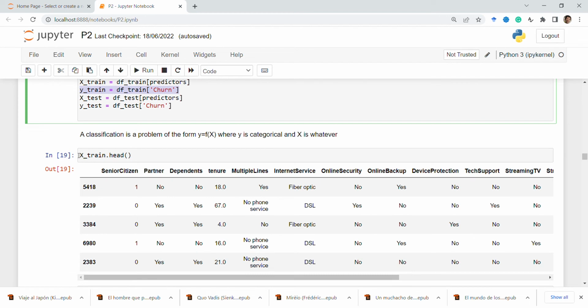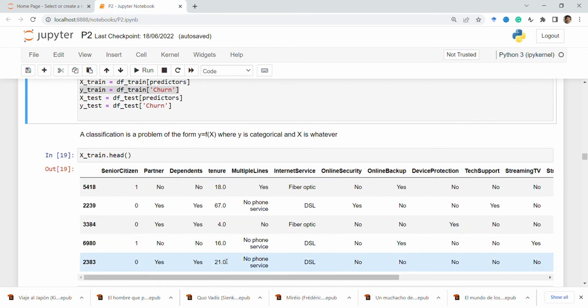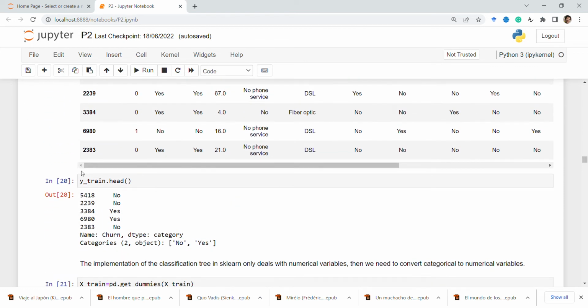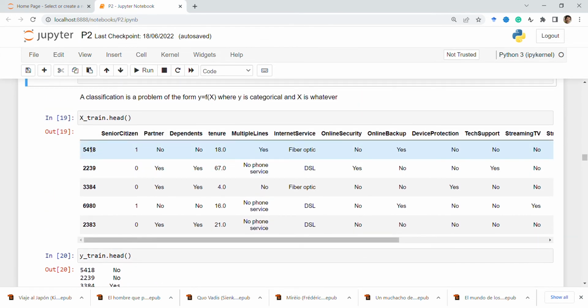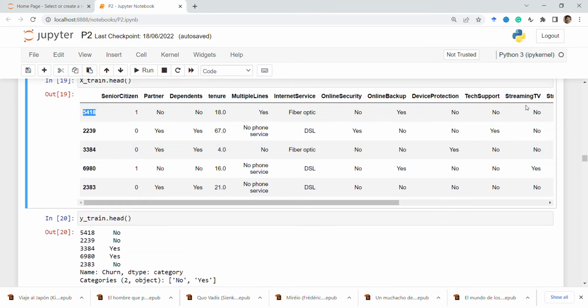So in X-train we have the predictors, and obviously we cannot have churning as part of the predictors, because otherwise the classification would be trivial. And here we have the same. So these are the number of the rows. So this is row number 5418. So this is the description for that person, and for that person we have that this person did not drop